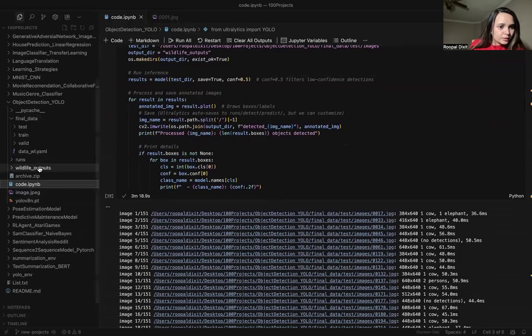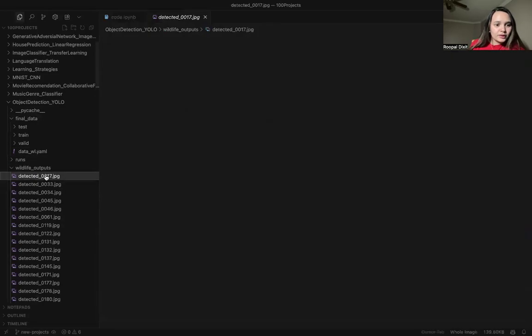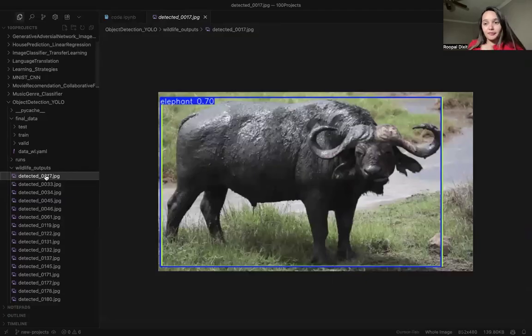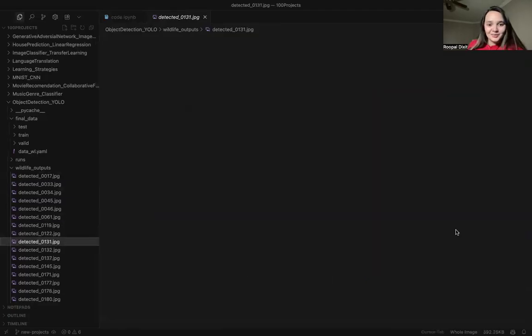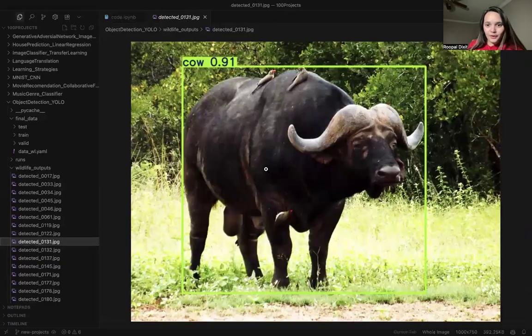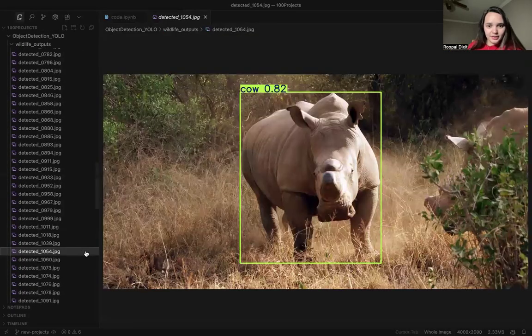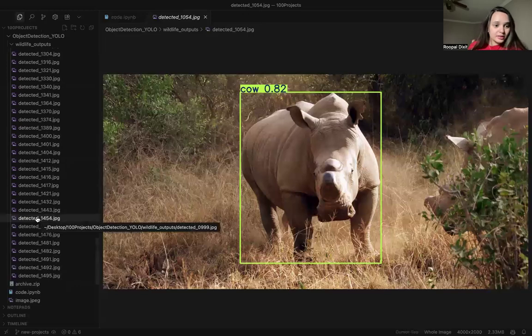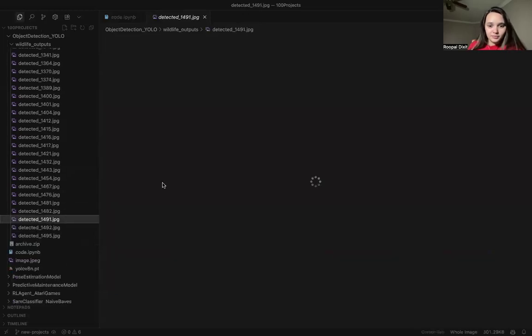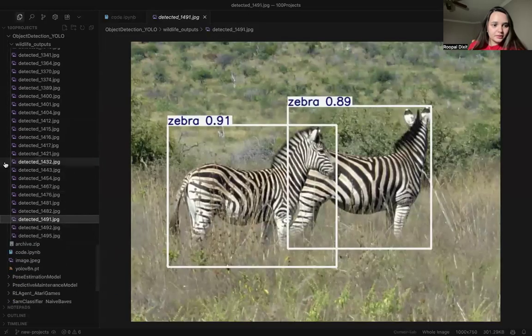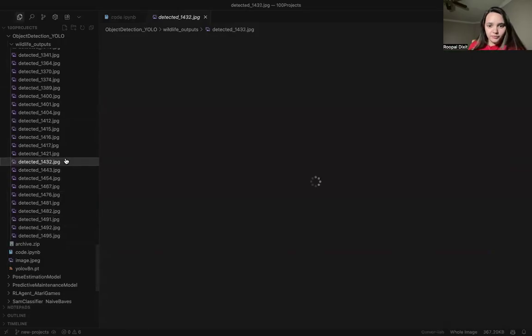Okay, where did it go? Okay, yeah. So this is how it is detected. It says it's an elephant, I don't know why. Let's see. Okay, cow. Let's see if it can say. Okay, it says it's a cow. A zebra, zebra. Okay, first image, zebra.